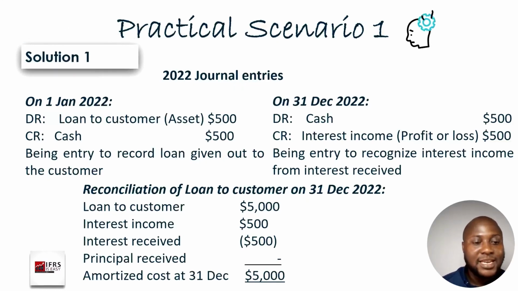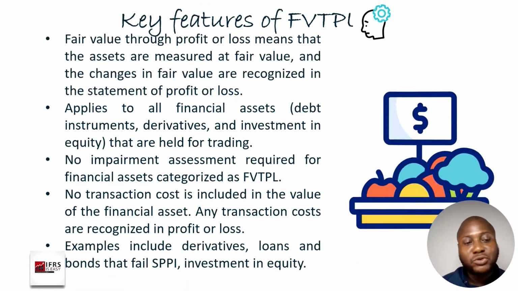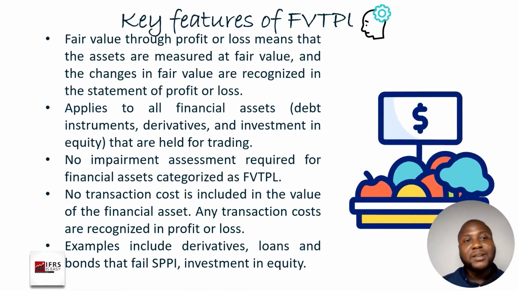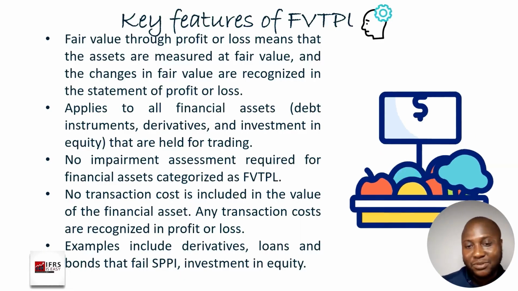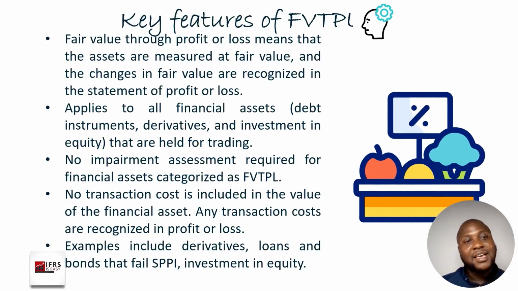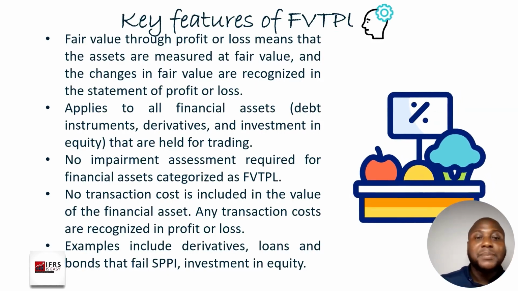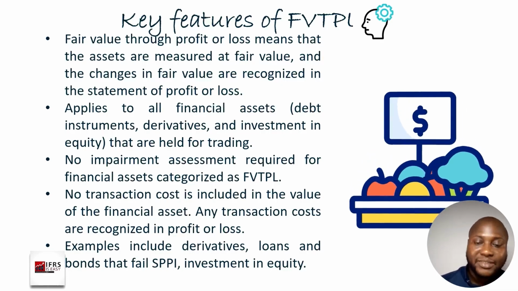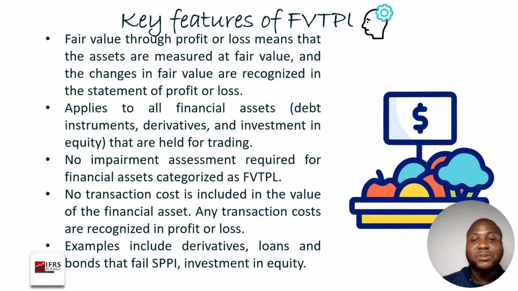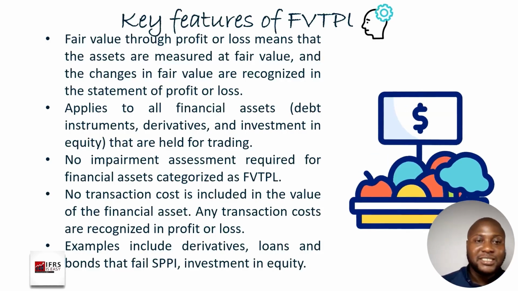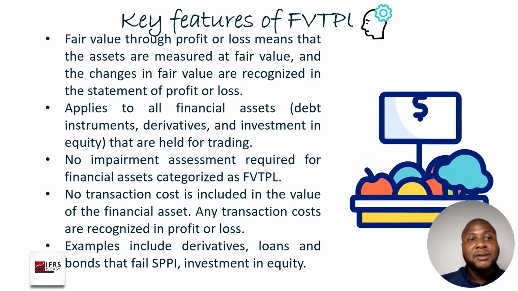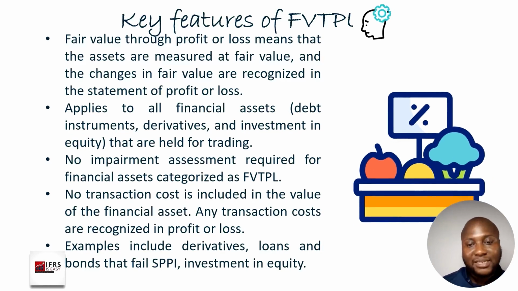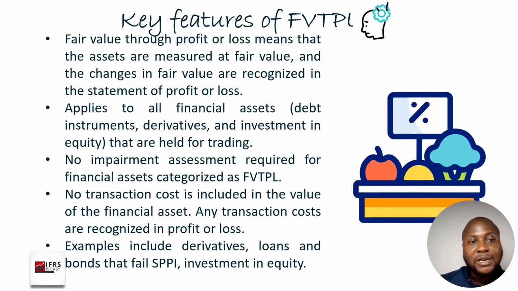Okay, so the next item that we have here is our fair value through profit or loss. Now, fair value through profit or loss simply means something straightforward. What we are saying in essence is that we measure our financial asset or financial liability or equity, depending on what it is, at fair value. And when we measure it at fair value initially, any changes between the fair value that we initially recognized and the fair value that we have at our reporting date